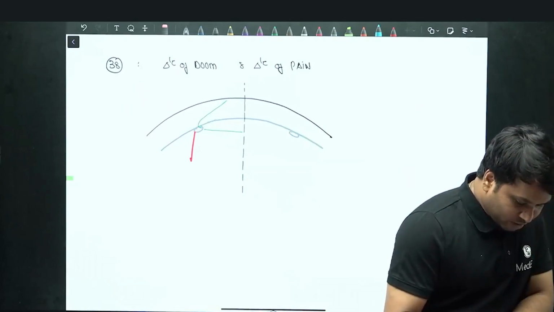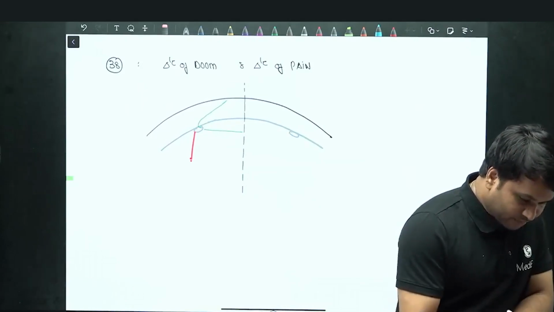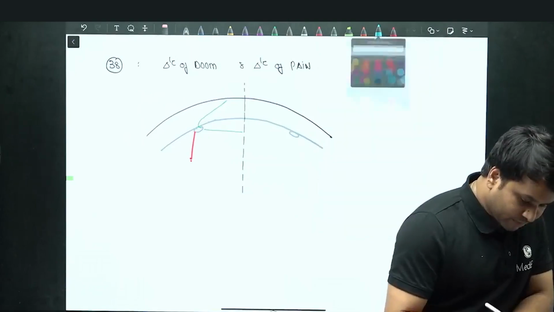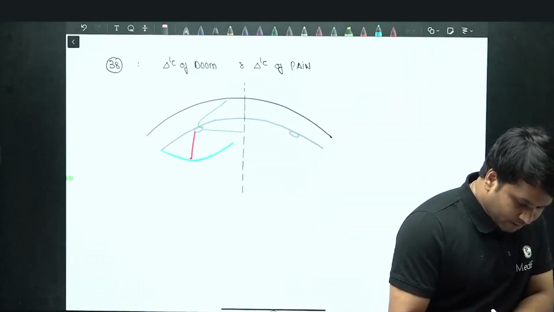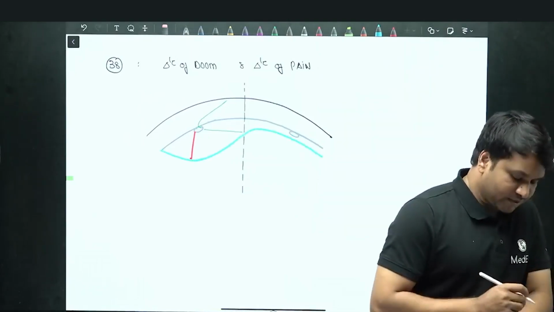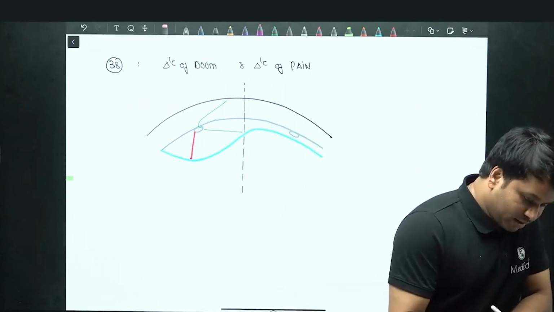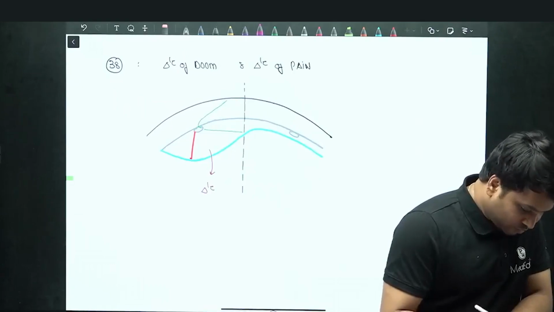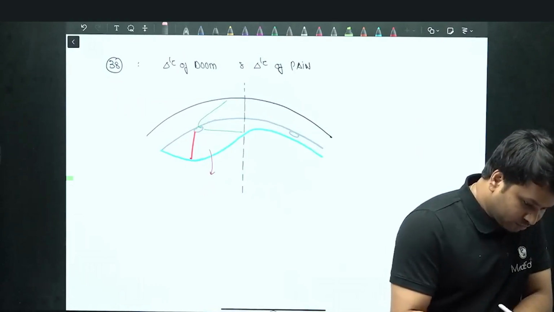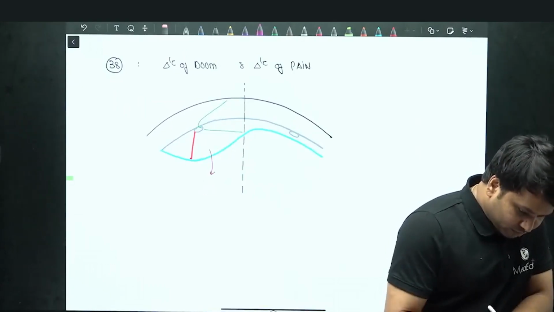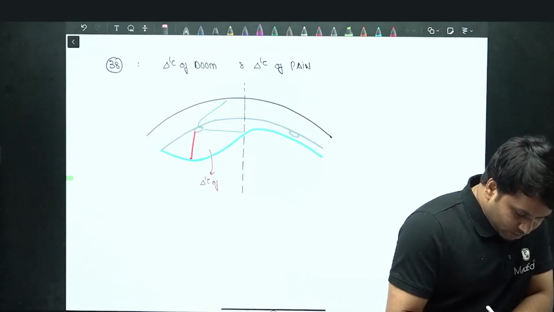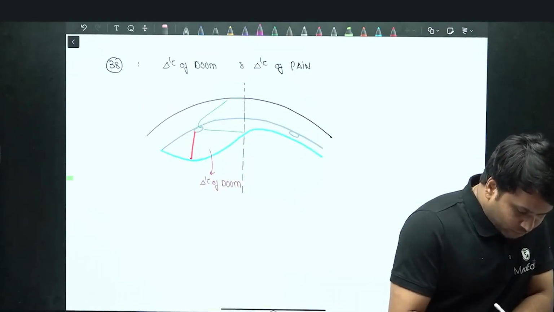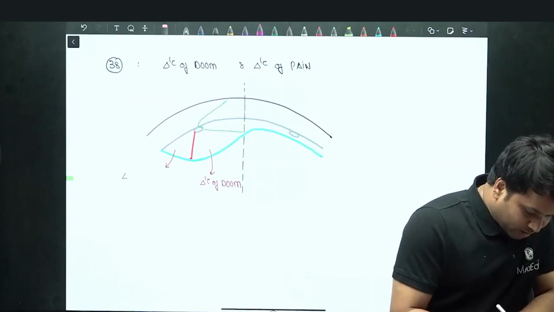So once you reflect down the peritoneum, just for the sake of understanding, this is what we call the triangle of doom, and this is what we call the